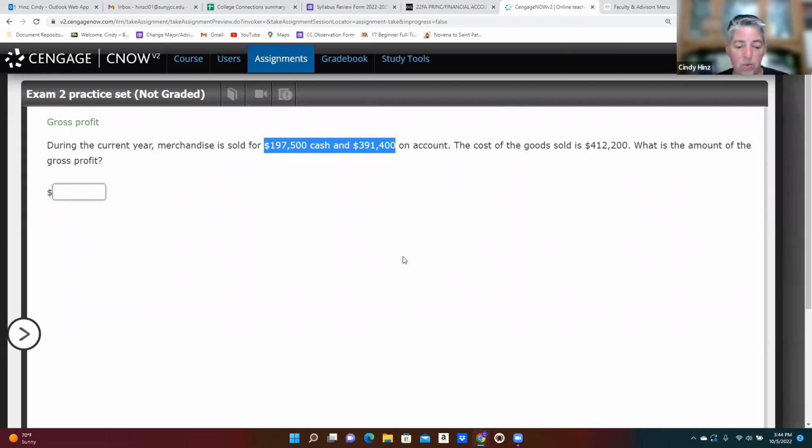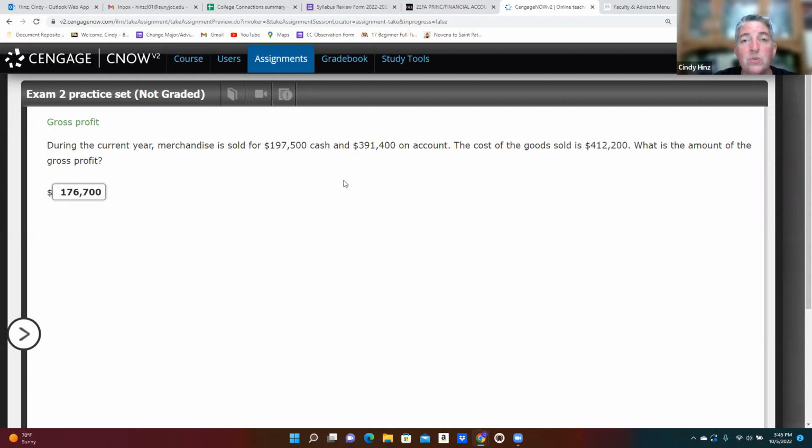We do not need to know those separately. So they are providing both of those. We need to simply add those together. And our total revenues then would be $588,900. We subtract from that our cost of goods sold and get our gross profit of $176,700. So that was a quick and simple exercise just to remind you about the multi-step income statement and recognizing